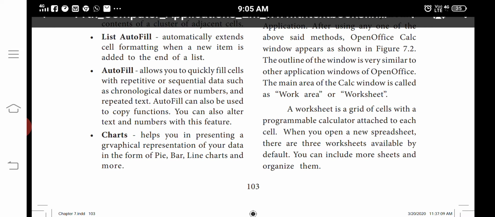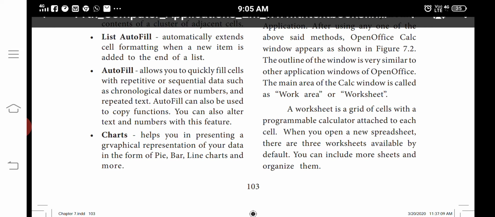Then charts help present a graphical representation. Using charts in OpenOffice Calc, we can create graphical presentations like pie, bar, and line charts and more.